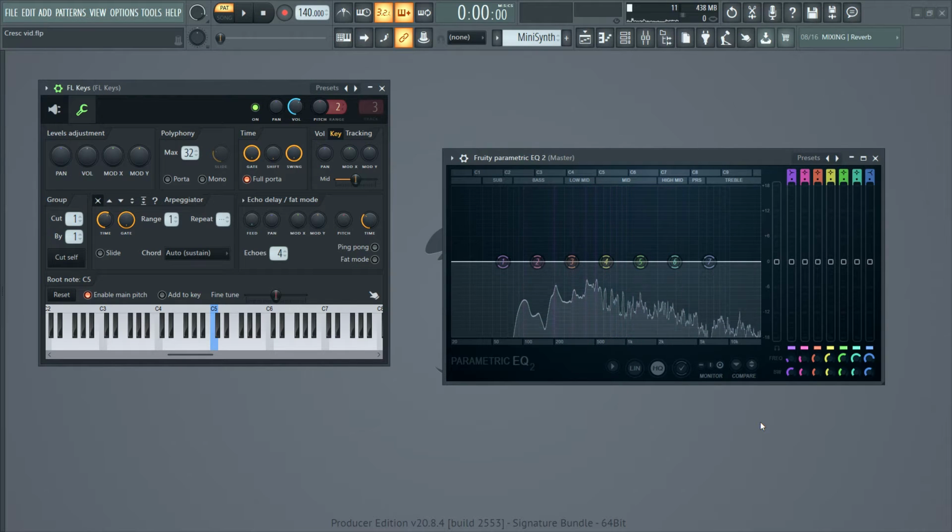Hello everyone, Ron again, and in this video we're going to talk about the key signature and the circle of